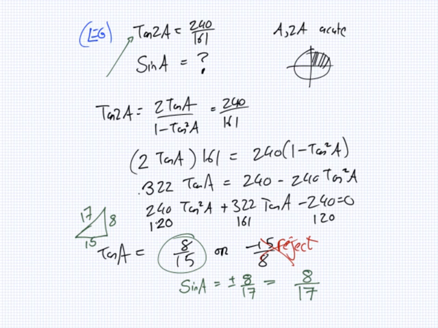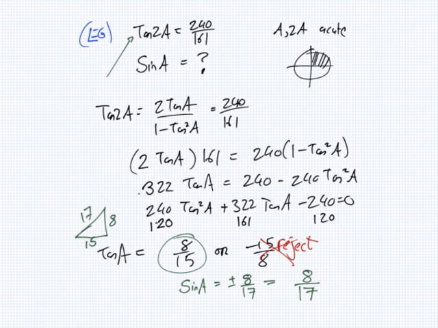15 over 8. Yeah, minus 15 over 8. And it's the same angle. So why is the tan different for the same angle? It's not the same angle. And tan is quite interesting because